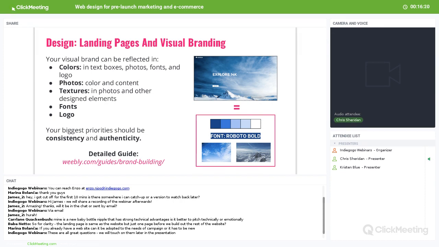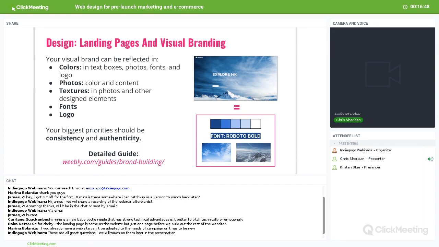And so I wanted to highlight that because fonts are often overlooked. A font can be a great way to establish your brand and be another element that differentiates you from your competitors and builds loyalty between your clients. I also want to point to the fact that we have built a guide, as you can see down here,